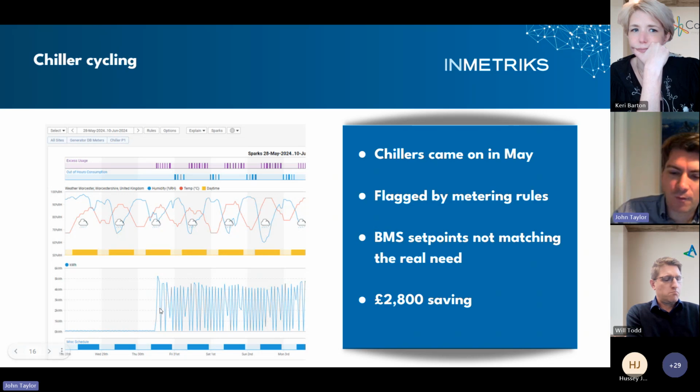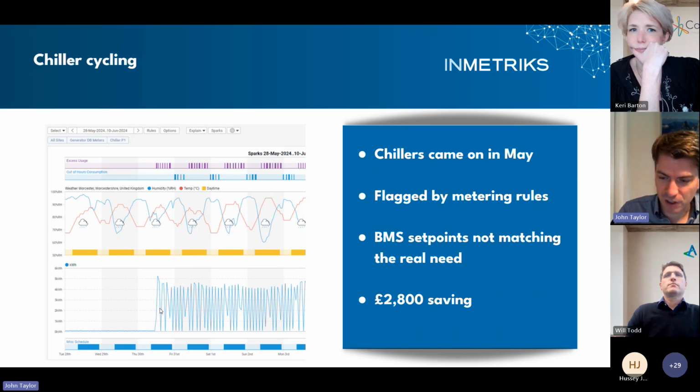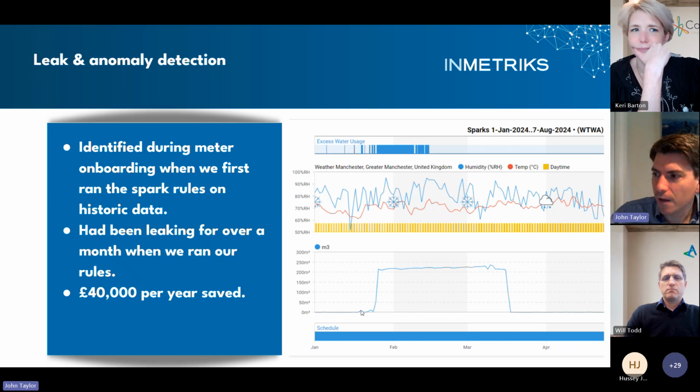But what we found through interrogation of the BMS is that the valves and the handling units were opening by 5 or 6%, just a tiny amount, just to tweak the temperatures. So there's a really big saving there from just changing the set points to match the real need of the building, and having a bit of a dead band in there. And then this is a really big, easy one.